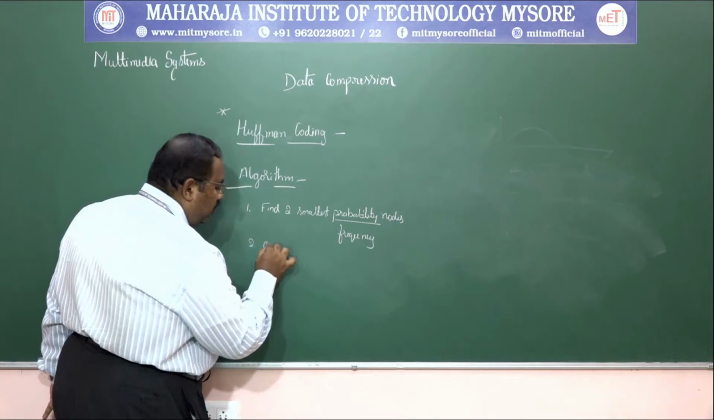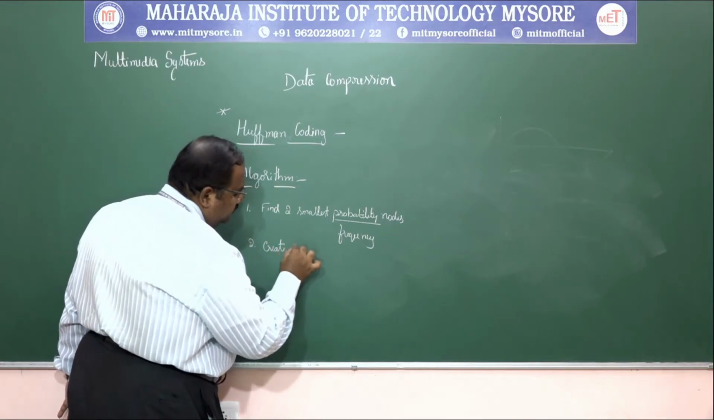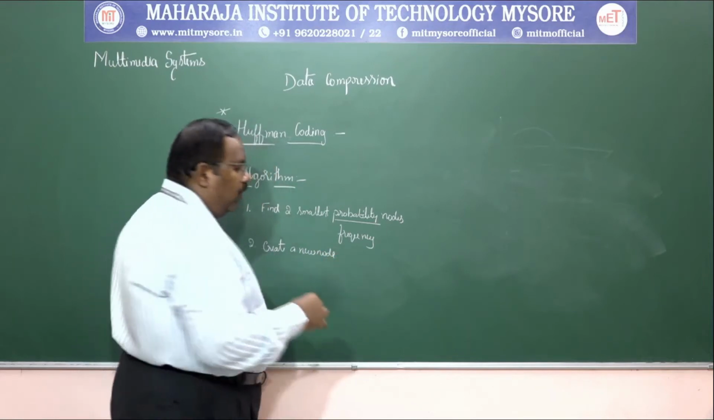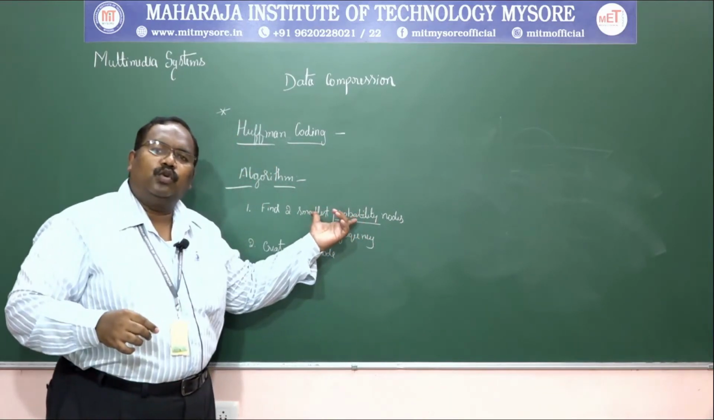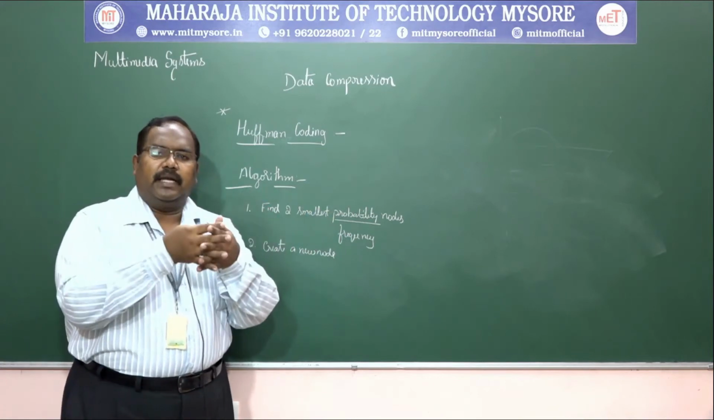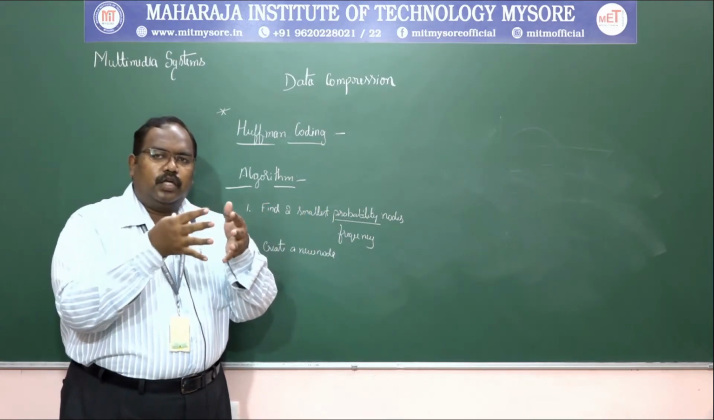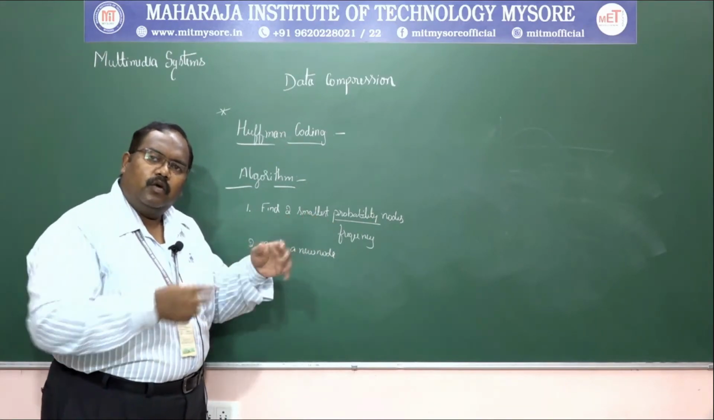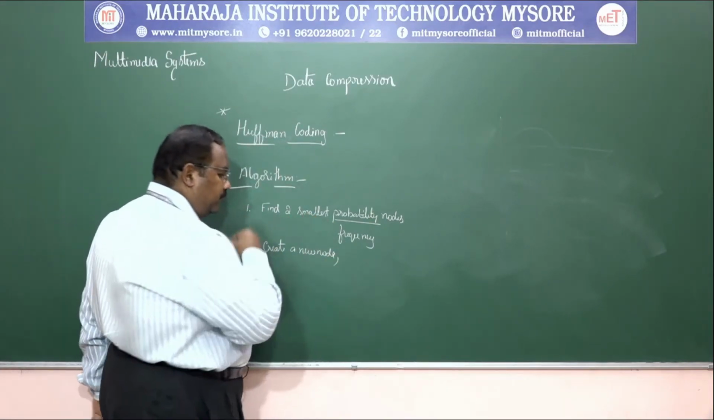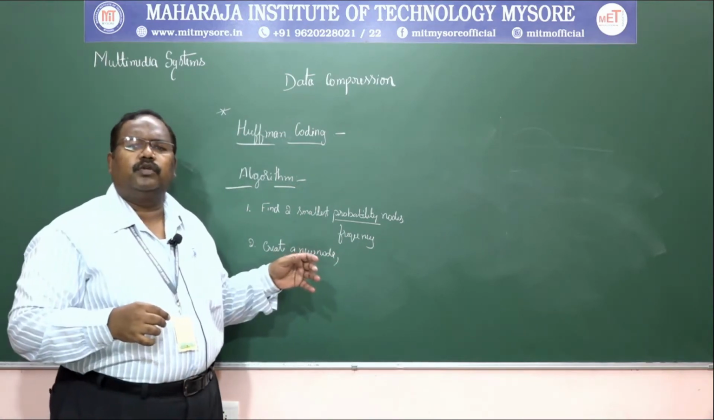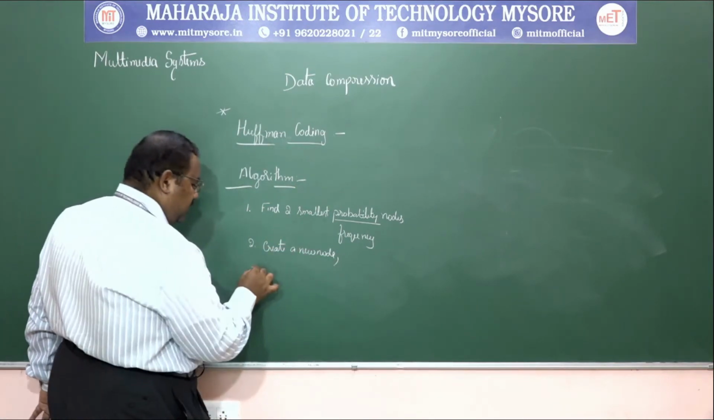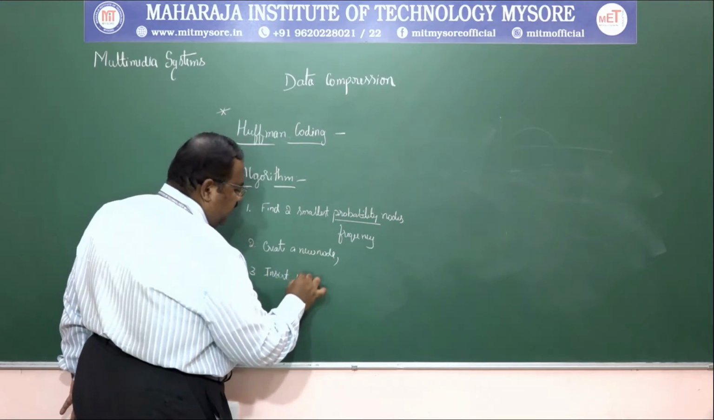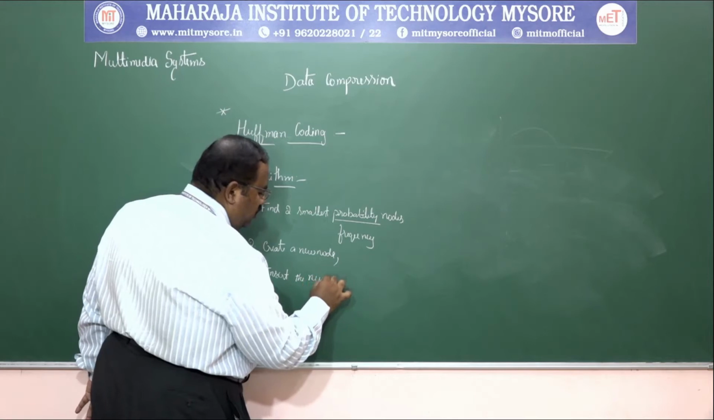Create a new node. With what? With the two nodes we have found. So you need to combine them. Combine the two nodes we found in the first step and make one new node. After that, what are we supposed to do? Insert the new node